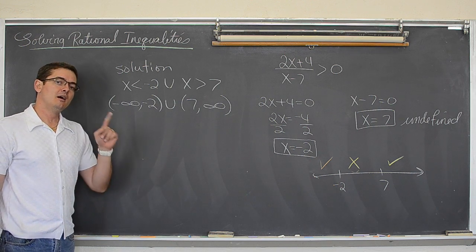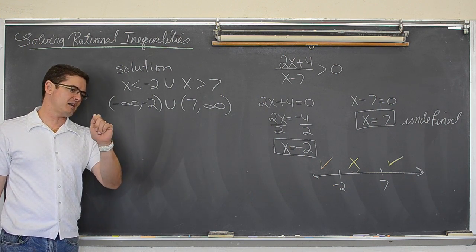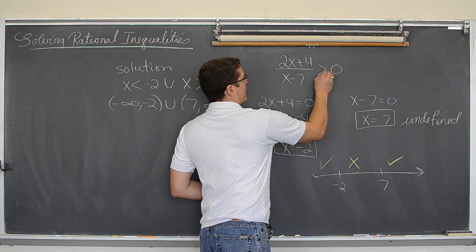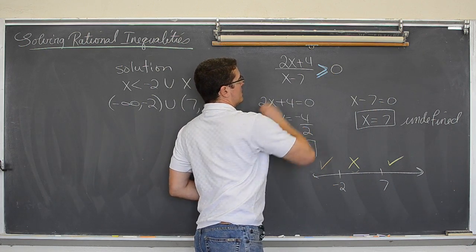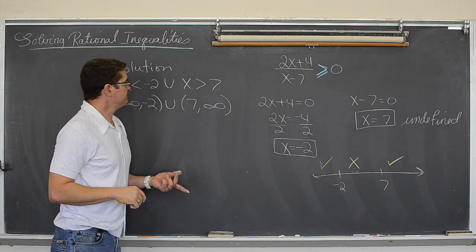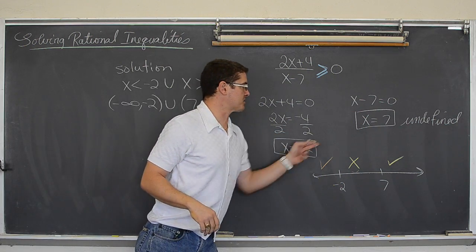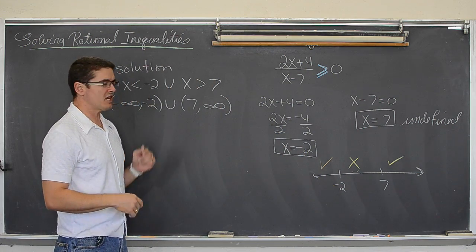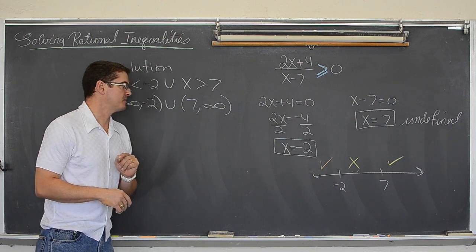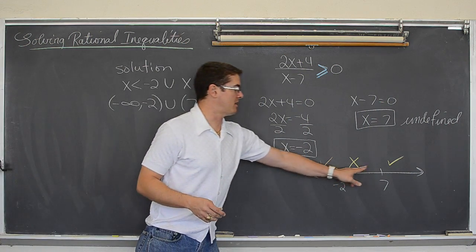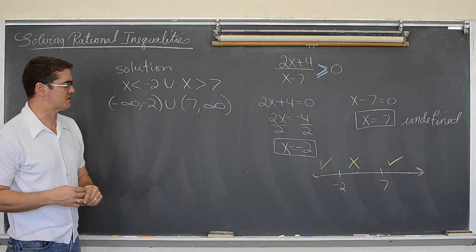Hope you understand it. I want to twist it up just a tiny bit. What if it were greater than or equal to 0? Well then, all the steps are the same. Our critical values are going to be the same. But I have to change my answers just a tiny bit, because now 0 is accepted. So not only do I have to check my intervals, which of course are still going to be the same,